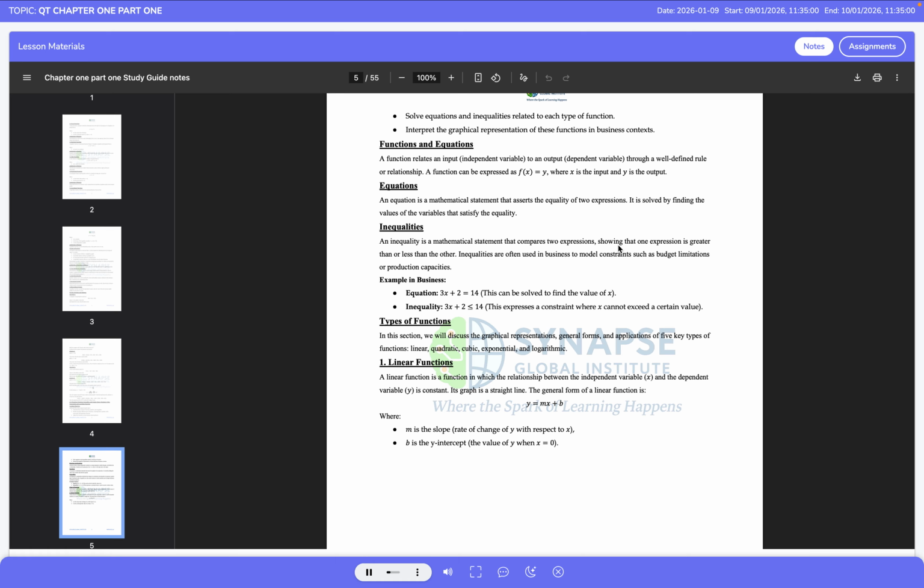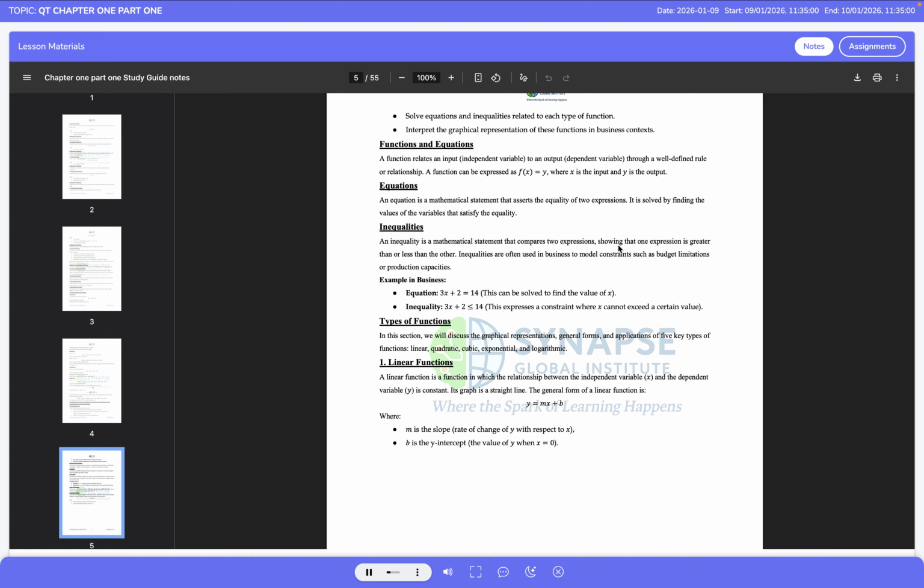An equation is a mathematical statement that asserts the equality of two expressions, and solving an equation involves finding the values of the variables that make this equality true. An inequality, on the other hand, compares two expressions and shows that one is greater than or less than the other. Inequalities are particularly important in business because they are used to model constraints, such as budget limits or production